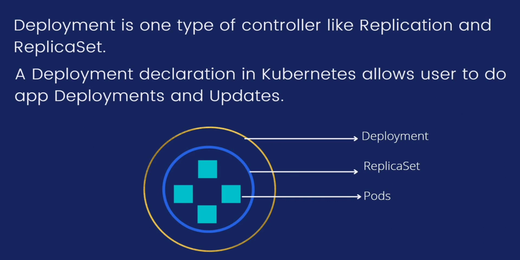The question in mind is why we cannot use the replica set instead of the deployment to deploy an application. The answer is that the replica set has limited functionality. It is used to manage the pods and to scale up and scale down, but it does not provide, for example, the functionality for when your application is version v1 and in future you want to deploy the next version. There is some downtime, so we cannot use the replica set. To solve this problem, the deployment comes into the picture. The deployment is a wrapper of the replica set, so inside a deployment we are using the replica set.